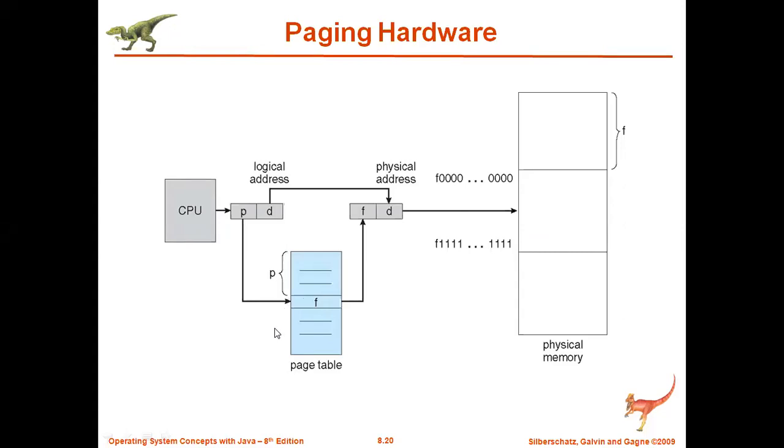Page table is used for identifying in which frame that particular page is stored, because here the main memory is divided into a number of frames. So pages can be distributed randomly anywhere in the main memory. Wherever the frames are free, there the pages will go and occupy, but the respective frame number will be entered into the page table. So that is why the page table is used. But one drawback of this is that each process has its own page table.